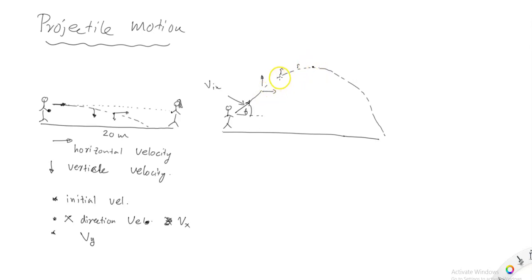Horizontally also it has a velocity. At the very top all it has is the horizontal velocity. Once you reach the top point, the vertical component changes direction. Horizontally it's going the same direction, but vertically now it has started falling down, right? You have horizontal Vx, and we have Vy. So this is how we're going to look at projectile motion.